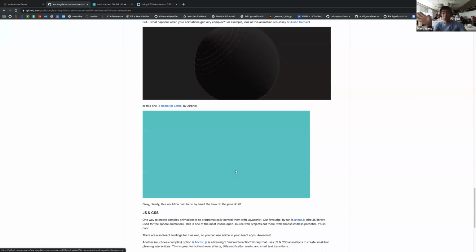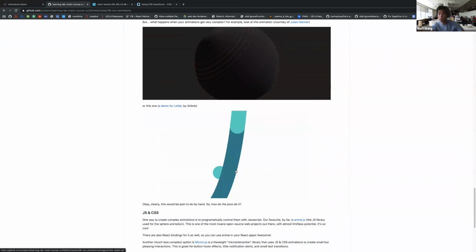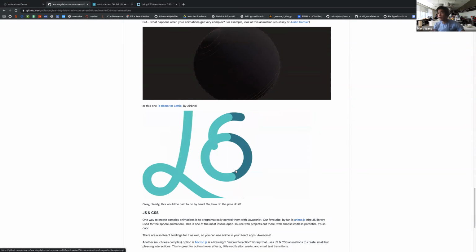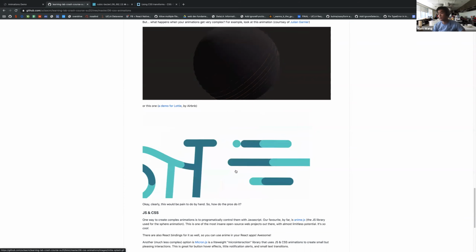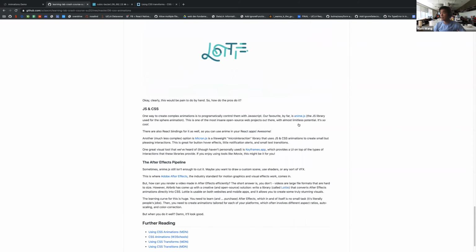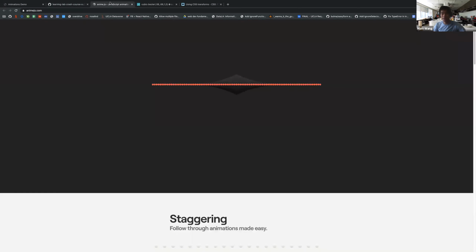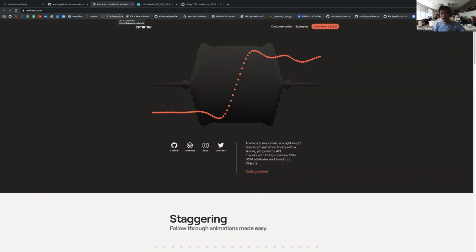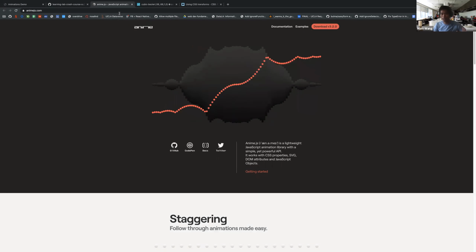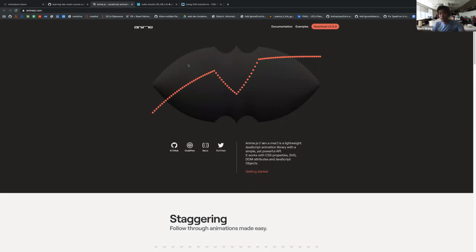So there are other tools that you can use. And likely, if you include animations in your learning lab, you're going to probably use some of these tools. I'll give you a quick demo of two different types of tools. One type of tool is a JavaScript controller, and I'm going to show you anime.js. This doesn't have to do with anime, sorry, or great, depending on where you lie on that spectrum. But anime.js is a JavaScript library that